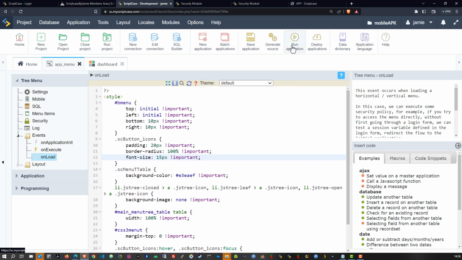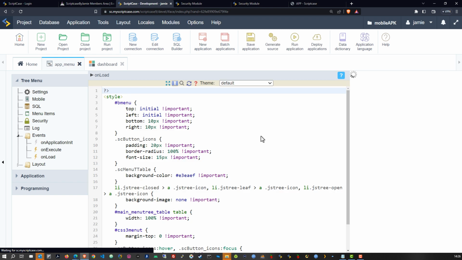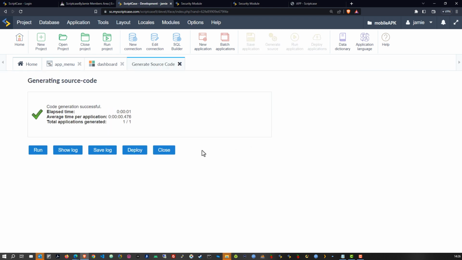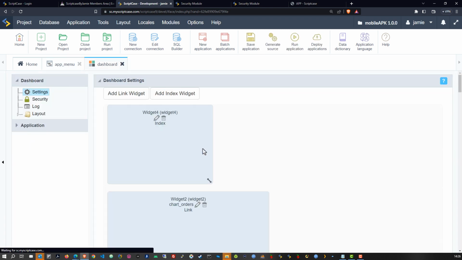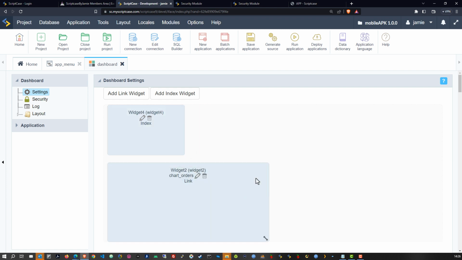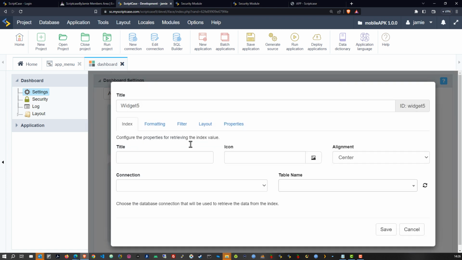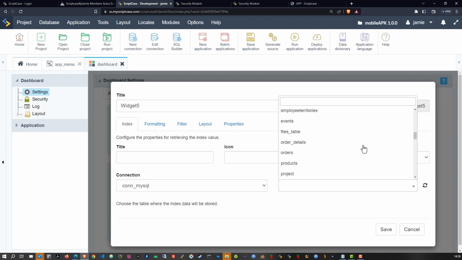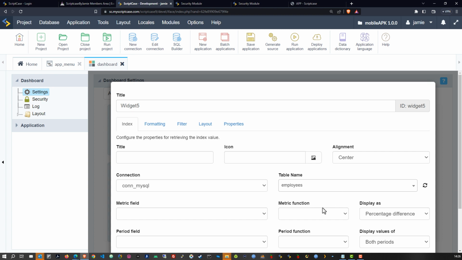And let's have a look at what that then looks like. So if I go ahead and generate that source code, and it's just little adjustments here and there, nudging something to the left, to the right, and so forth. I'm just going to adjust this quickly as well and add an extra index in here as well. So this time let's choose here the employees maybe,